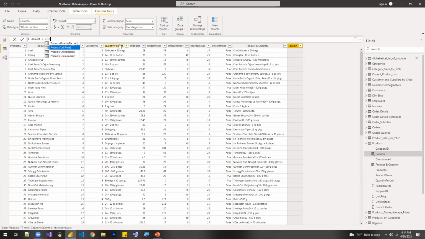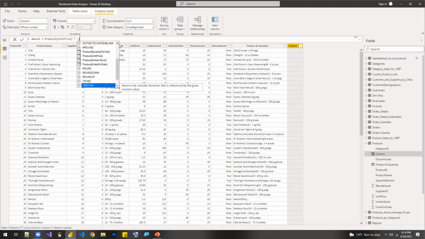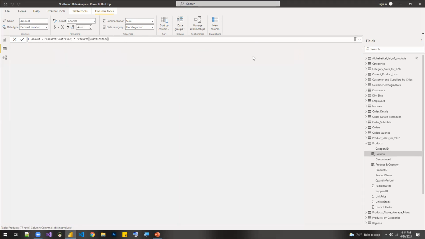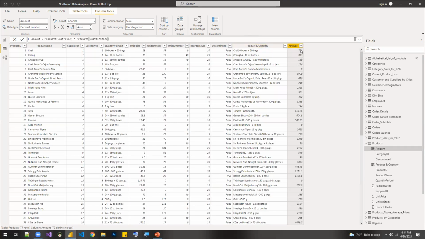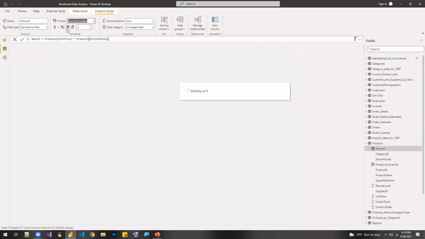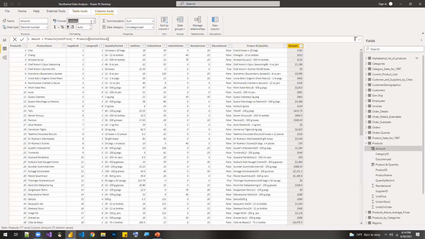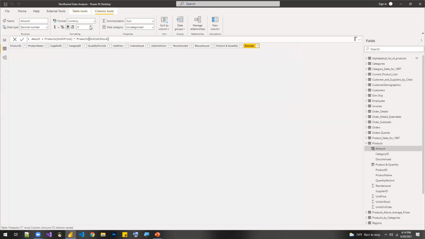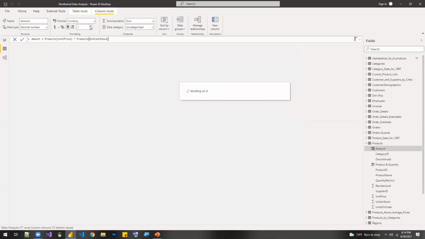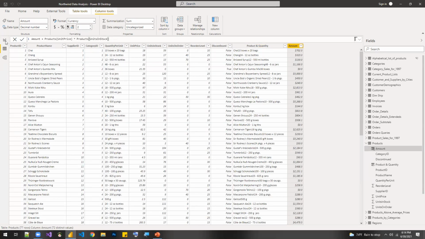So I can perform an amount calculation here, which multiplies unit price. I can start typing, and then it will give me all the suggestions. So I'm using the unit price here, and then after that, I'm using units in stock. When I click apply here, you could see it's giving me the output. And then at the top, I want to have a comma here. Within the formatting, I could directly select currency, and then it will auto pick the commas. For decimal places, it gives auto, so you can set this to whatever specific number